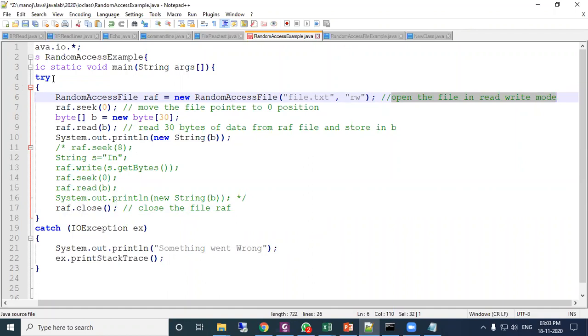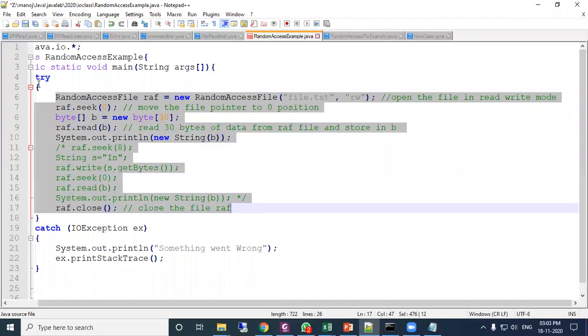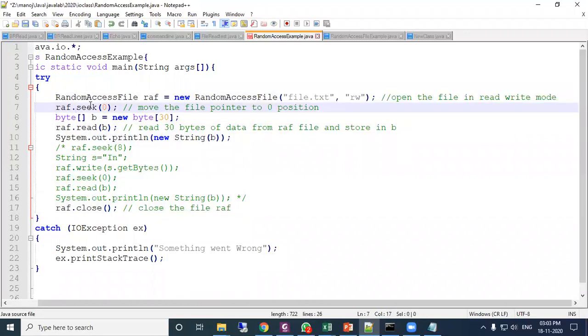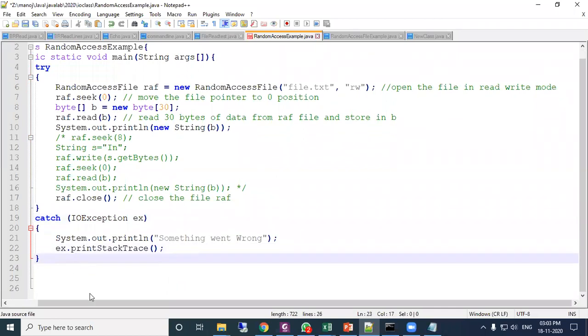So here you need to use this try and catch exception handling, otherwise your compiler will show the error. Okay, so here the exception must be within the try block, and it must be handled by the exception handler, otherwise the compiler will show the error. Remember this thing. And here if any exception comes, IO exception, so the catch block will catch it, and a something went wrong message will come and show the error message. Okay, that thing we have written here.